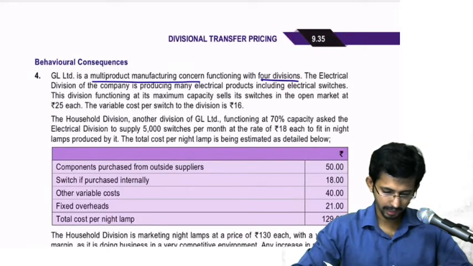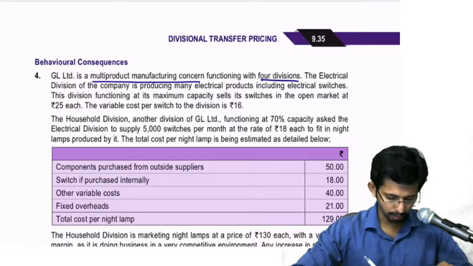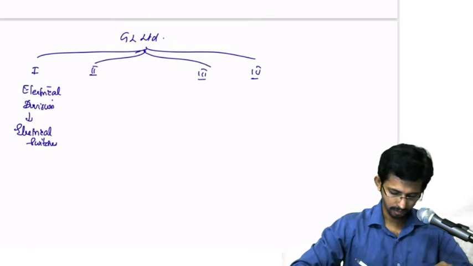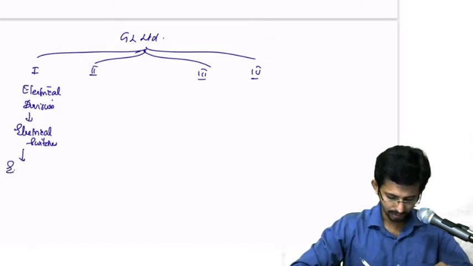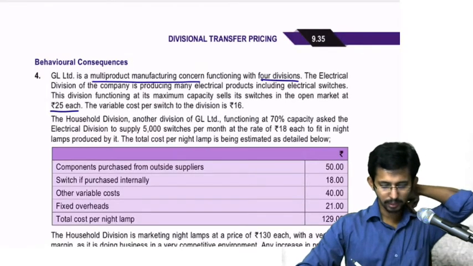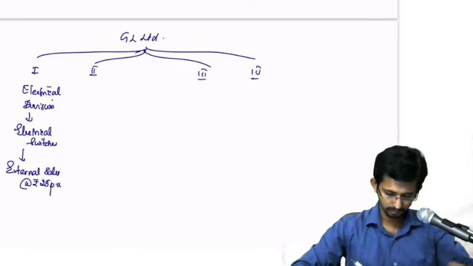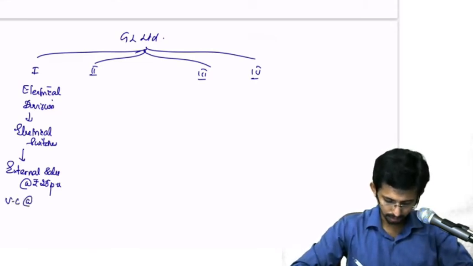Okay, then the division functioning at its maximum capacity sells its switches in the open market at rupees 25 each. So external sales at rupees 25 per unit. Then the variable cost per switch to the division is rupees 16. So variable cost at rupees